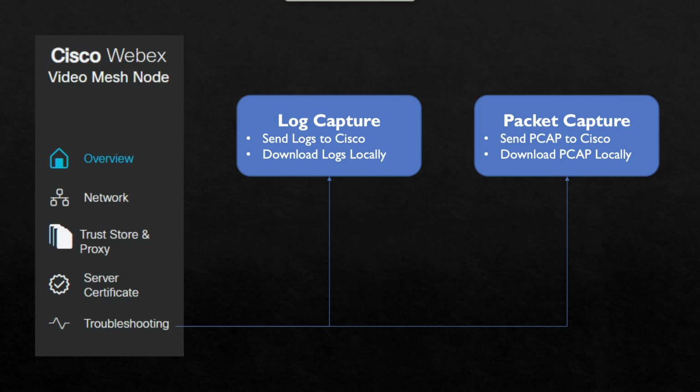Logs are written to the home/mfusion/logs/ folder within the Video Mesh node. Logs are non-adjustable, meaning the information captured within a log file cannot be changed. The information in logs is also historical and persists through reboots, meaning the information is not purged when the node is rebooted. When log files are sent to Cisco, an upload identifier should be provided